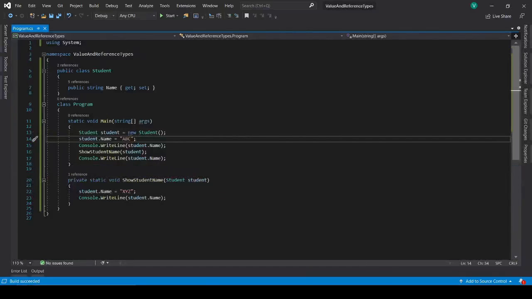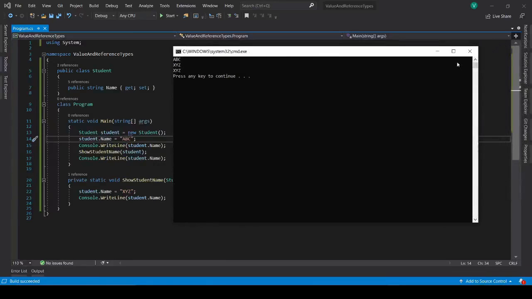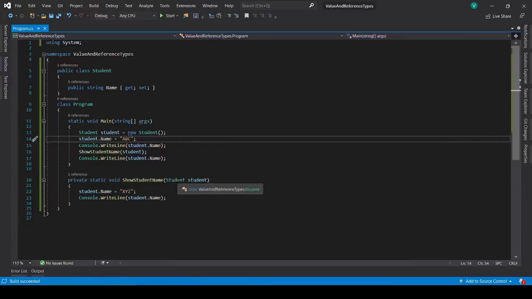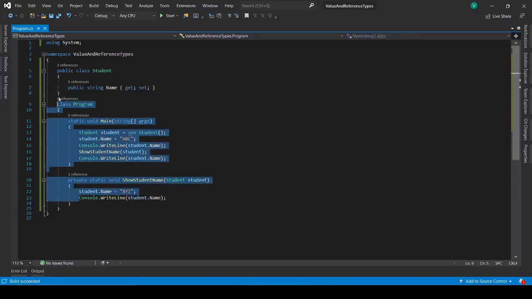See, the value is changed. How? The value before passing to the method was ABC. Later when we passed the value to the another method, it got XYZ, and when the control returned to the calling method, it is also XYZ. In this case, what the system did, instead of passing a copy like value type, it passes the reference, it passes the address of that value to the another method. That means when we change the value of reference type in another method, that change would be reflected in the original method as well. So this is called pass by value and pass by reference.